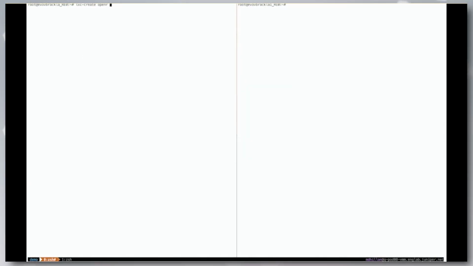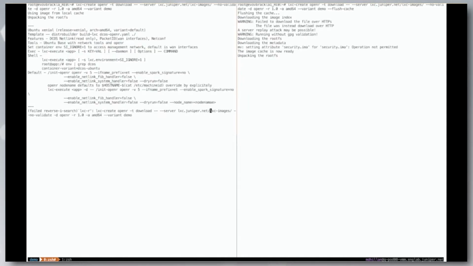Let's start by downloading a pre-built OpenR container. The container is up. OpenR is enabled on all IPv6 interfaces in the router.